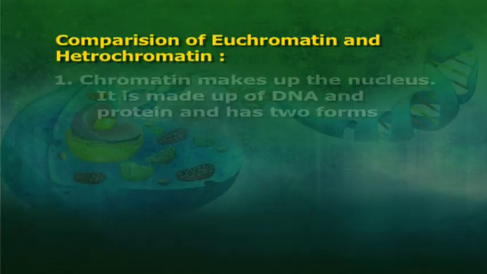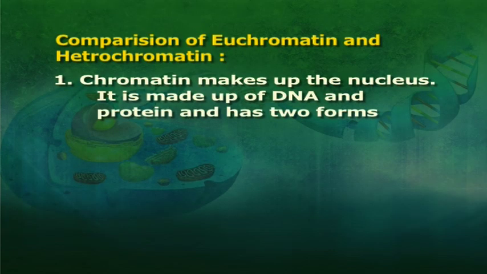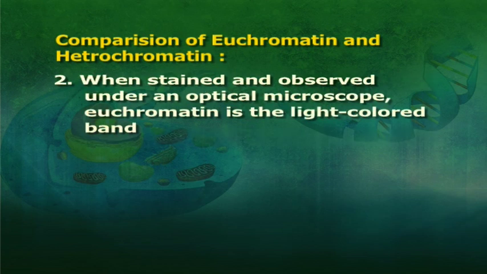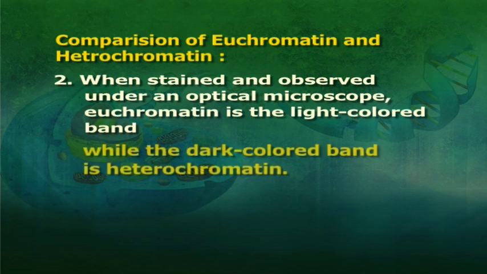Euchromatin and heterochromatin have distinctly different properties. A comparison of these two forms of chromatin helps to understand the differences with respect to their function. First one is, chromatin makes up the nucleus. It is made up of DNA and protein and has two forms, euchromatin and heterochromatin. Second one is, when stained and observed under an optical microscope, euchromatin is the light colored band while